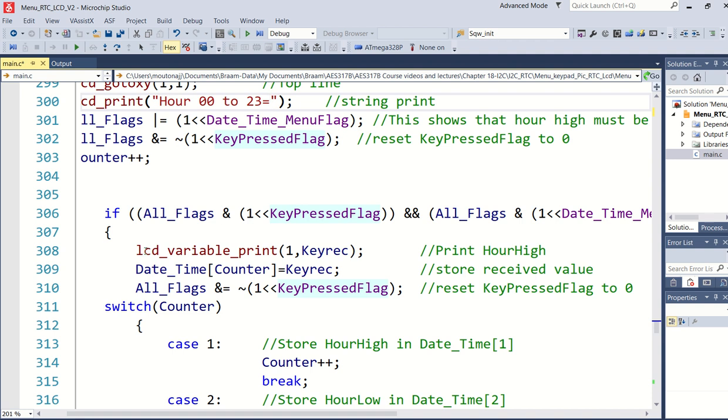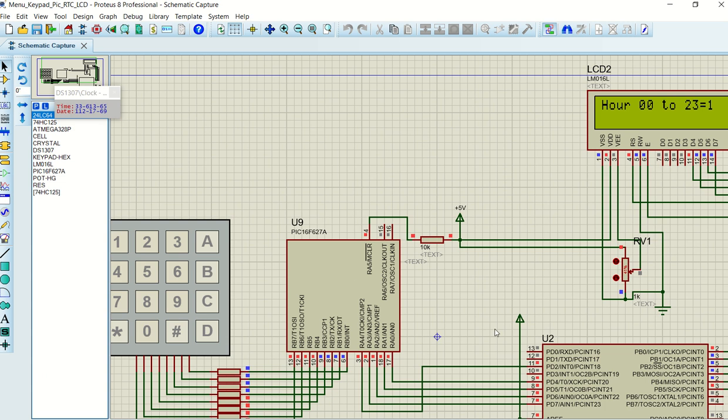So if I now say go and write LCD variable print, this means print one character and print key rec. So what's it going to do? It is going to print key rec because the pointer on the LCD is standing right after the equal sign. So this is where it stands. So it's going to print the value of key rec there. So let's see if that is true. If I go to my Proteus again and I press the 1, there it is. It has printed it there.